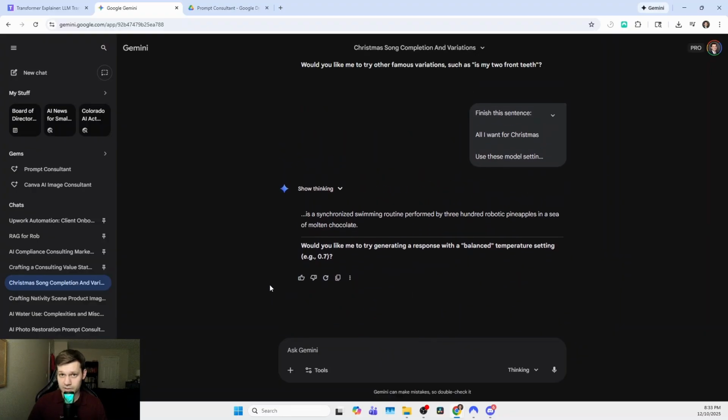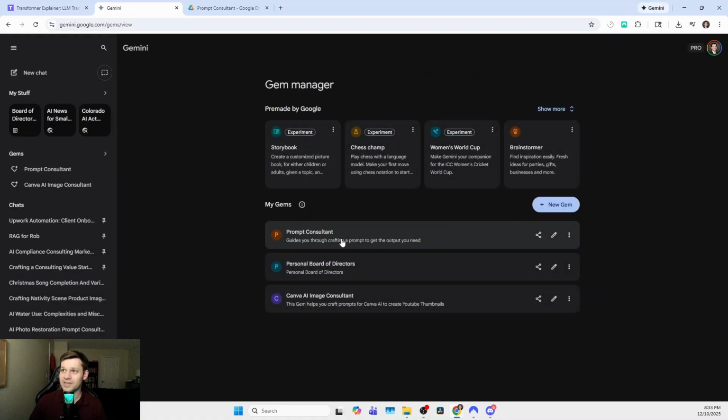And I learned that in this next week, and I also learned some other advanced prompting techniques. So I'll get into that. Now, before I get into all of that, though, I want to introduce you to a feature of Gemini, and I think it's a feature in a number of them, called Gems. Now, what this is, you can set some system instructions for Gemini, and it will answer you in that way. So based on what I learned in this second session of the Leland Bootcamp, I set up a prompt consultant